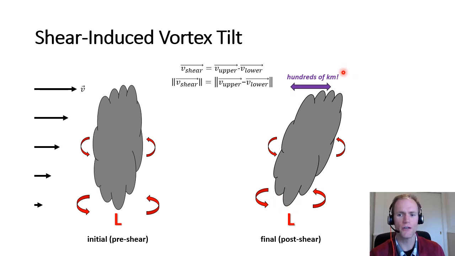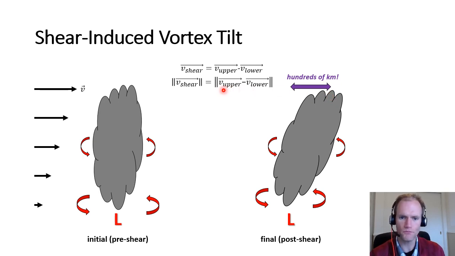between the low-level center and the upper-level center, which is really much too large compared to what we typically see, even for shears that are greater than 10 meters per second like we are trying to envision here. So obviously there must be some other processes that are taking place to reduce this tilt. It's still going to be tilted, kind of like what we see here, but this separation distance is not going to necessarily be 1,000 kilometers. It's going to be on the order of 100 or 200 kilometers, as the satellite loop on the previous slide